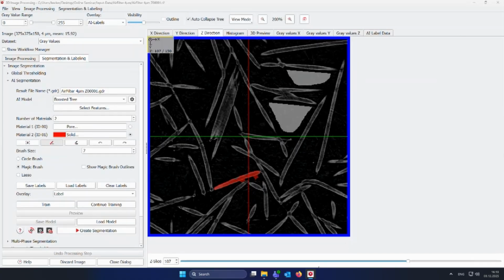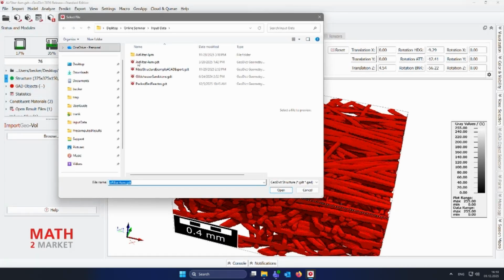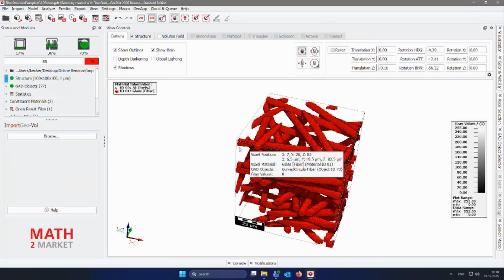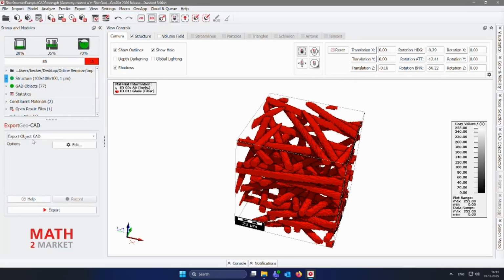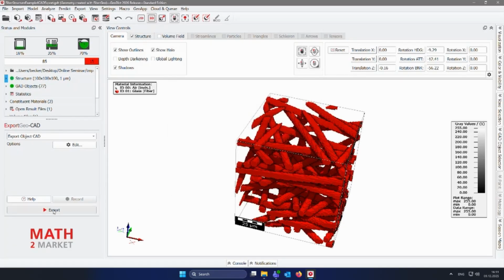And to demonstrate that, I load an example file and show how this can be exported into a CAD file. So you find the new feature here in Export GeoCut. And now there's this new entry here, Export Object Cut. And there you can choose directly the STEP and IGES format as output. And if you do that and export the files,